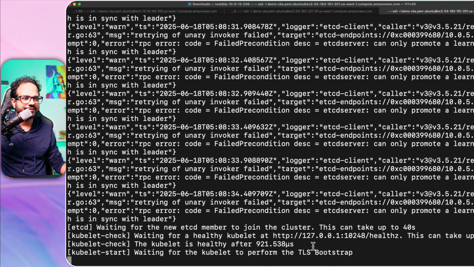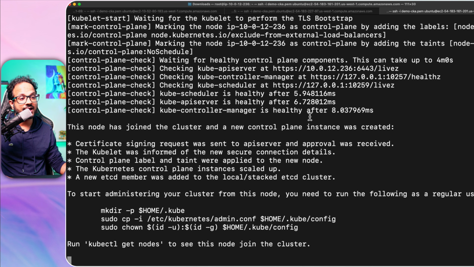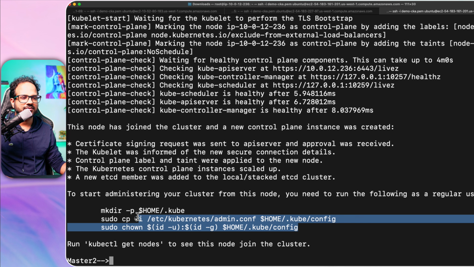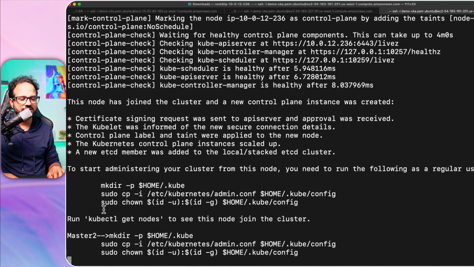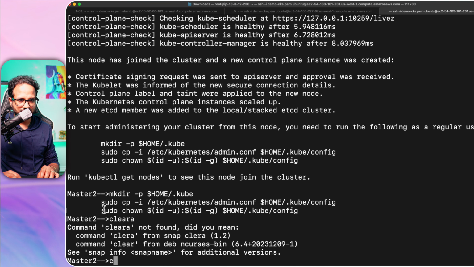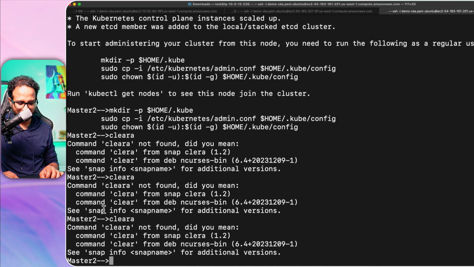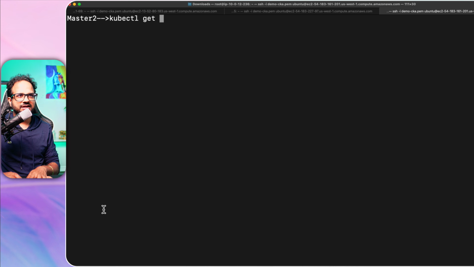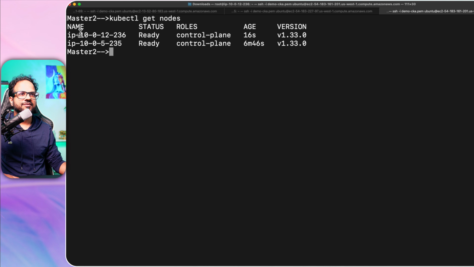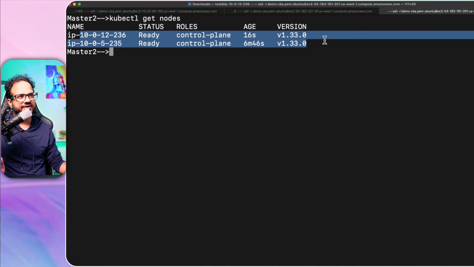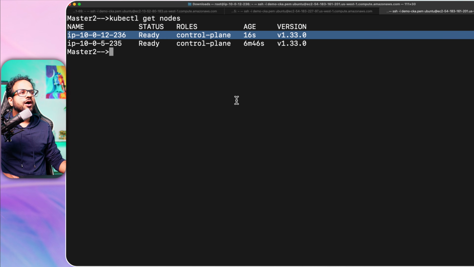So now it says waiting for the kubelet to perform the TLS bootstrap of this node. This is done. Okay, now you can run these commands over here to run the kubectl commands. So, kubectl get nodes. Okay, now we have two control plane nodes, both in ready status. This is just like what we just started. Okay, now our load balancer is done, both the control plane nodes are done. The next step is for the worker nodes. So again, let's